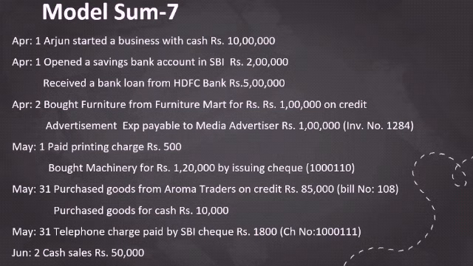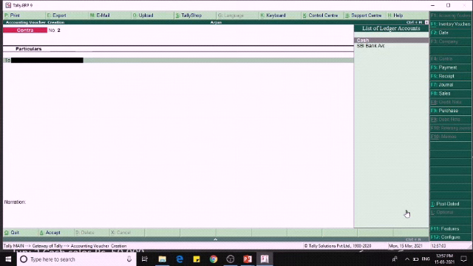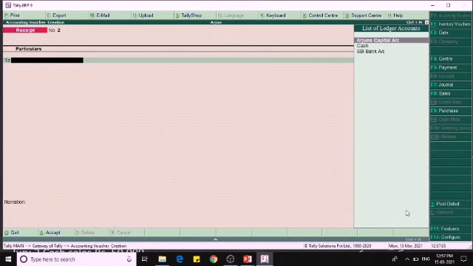The next one is on the 1st of April, we are receiving a bank loan from HDFC Bank for the amount of 5 lakhs. This we have to enter in the receipt voucher.